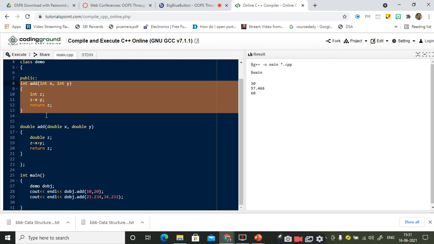So the solution the experts came up with to avoid the redundancy, or to let you reuse the code written for a particular task, was to give data types as input parameters to the function.